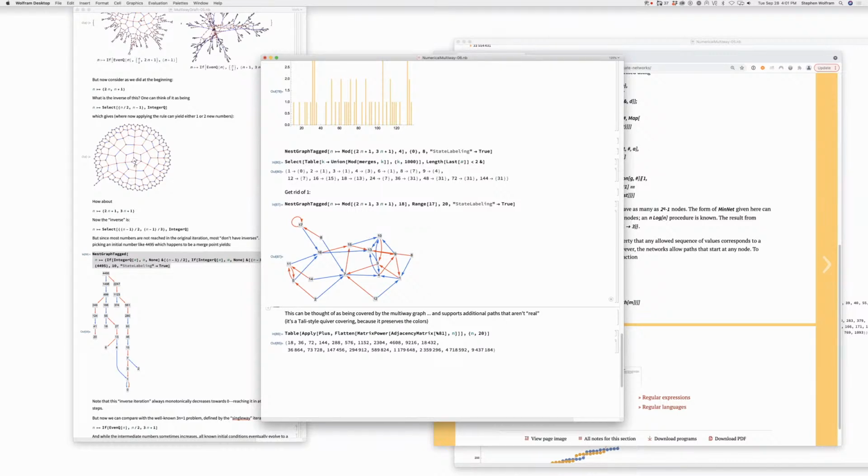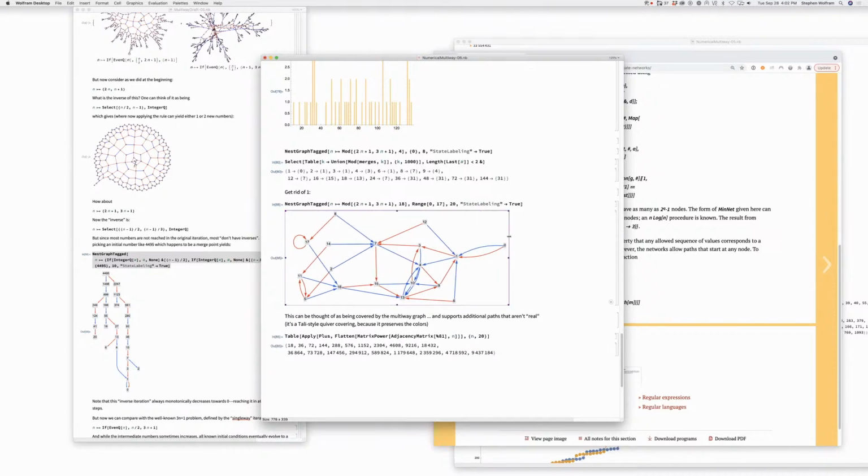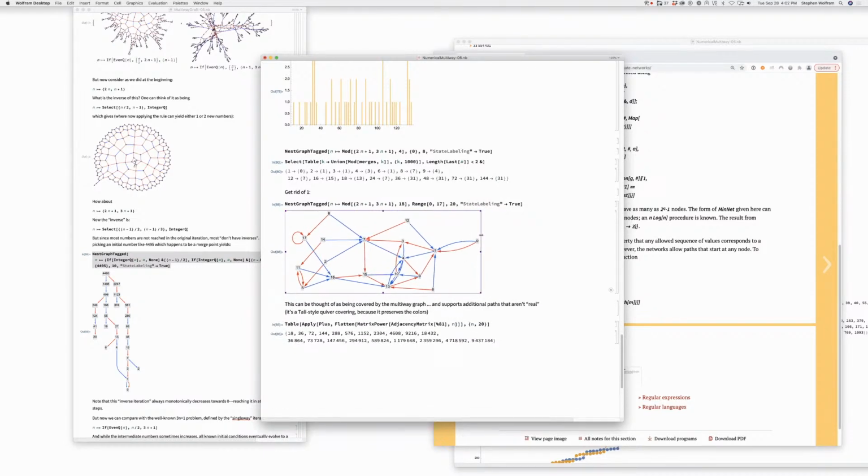So just take a step back. We're counting the number of paths. Why do we care about the number of paths for this particular question? Because we're trying to figure out if, okay, the most natural way